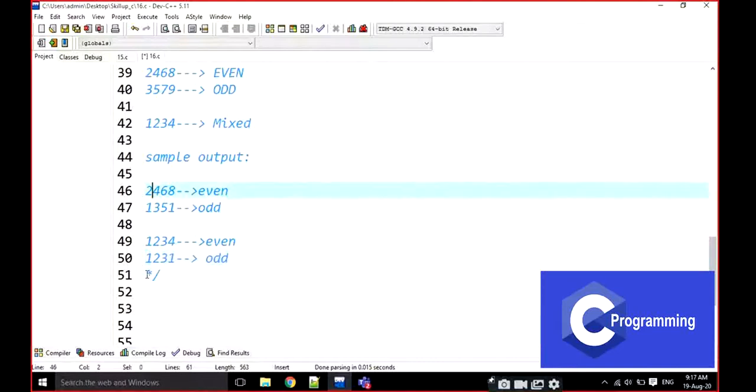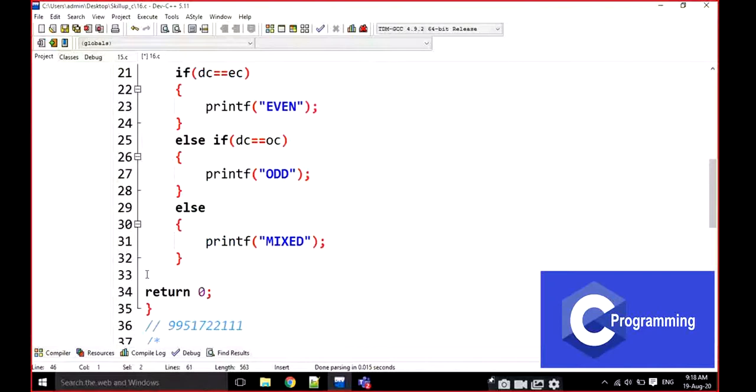For example, look at this number. I am thinking that this is an even number, right? Now I am going to check, is this an even number? Yes. Is this an even number? Yes. Is this an even number? Yes. Is this an even number? Yes. Then coming out of the loop, yes, it is even and I am printing it as even here. Okay. I am thinking about that whole number. First of all, I am taking that whole number.